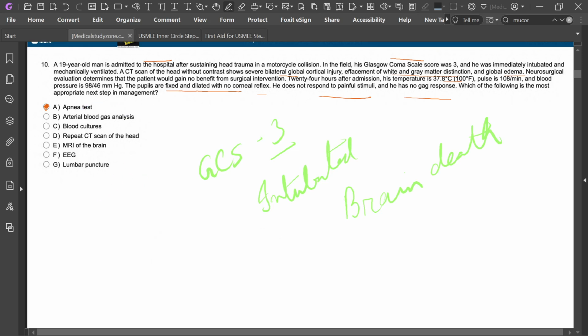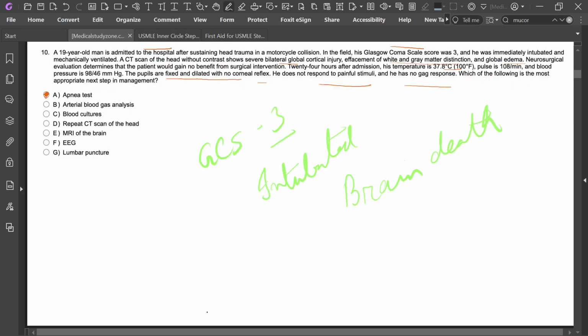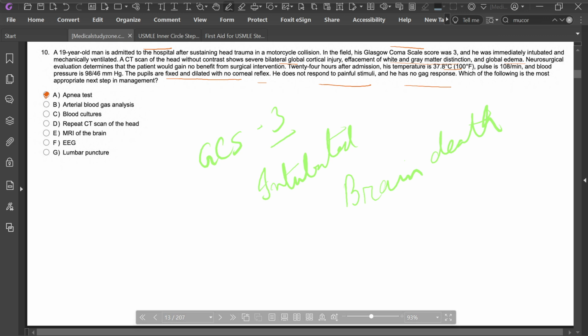Okay, it's the apnea test because it is brain death. According to the American guidelines, brain death is defined as the permanent loss of brainstem function. Brain death commonly occurs after an acute catastrophic brain injury, secondary to intracranial trauma,